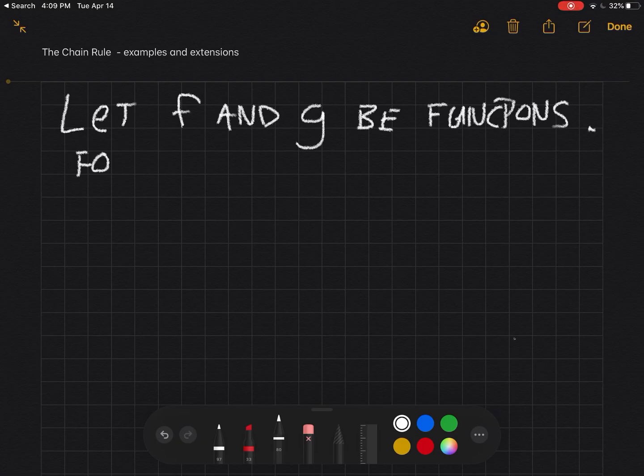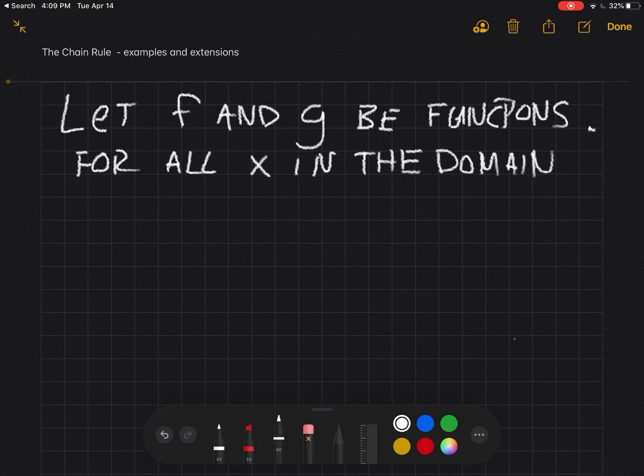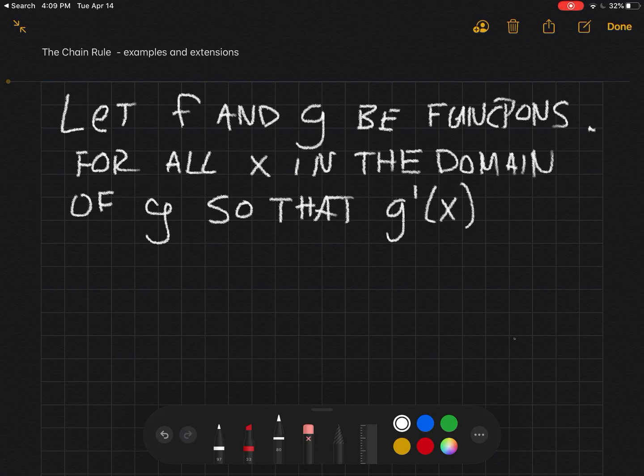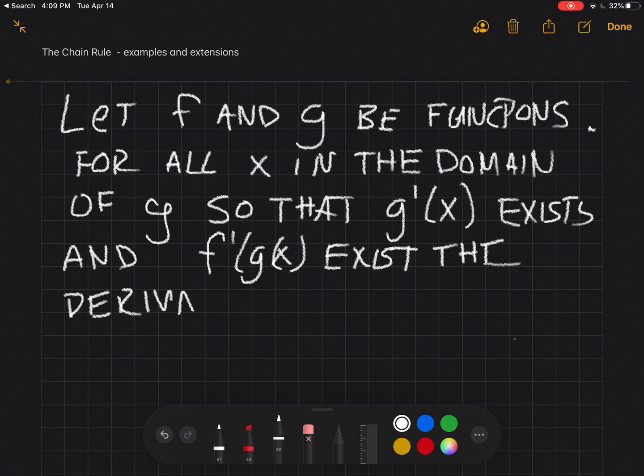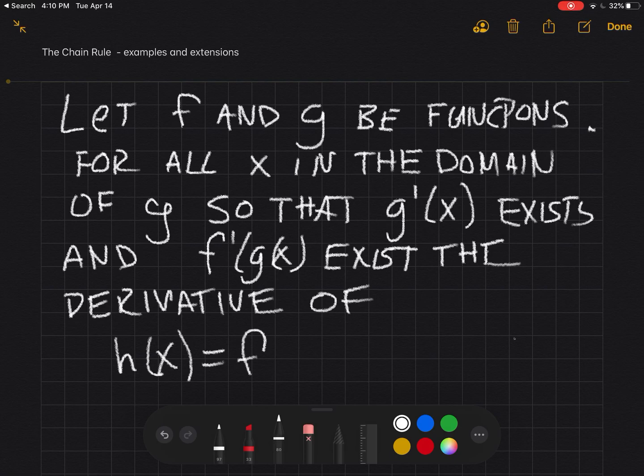So let's start off with let f and g be functions. So for all x in the domain of g, so that g prime of x exists and f prime of g of x exists,